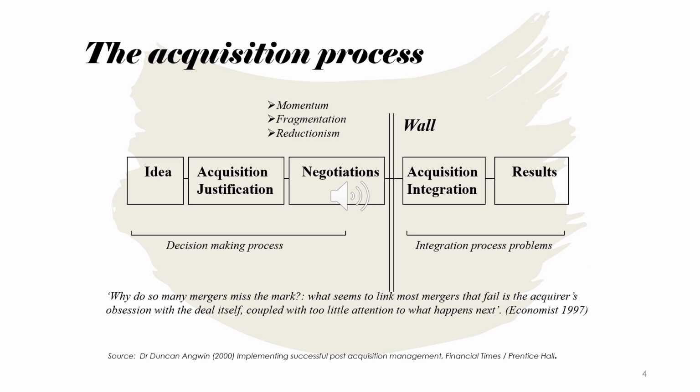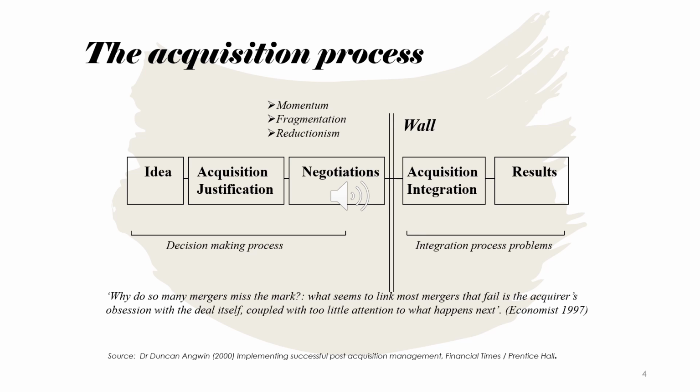This is a simplified model of the acquisition process. So if we go from the left-hand side of the slide towards the right, on the left-hand side there's a basic idea around why the company is intending to make an acquisition. And this obviously should match with an overall strategy. The next box is then about how do we justify specifically an acquisition for the company, as opposed perhaps to alternatives like joint ventures or strategic alliances.